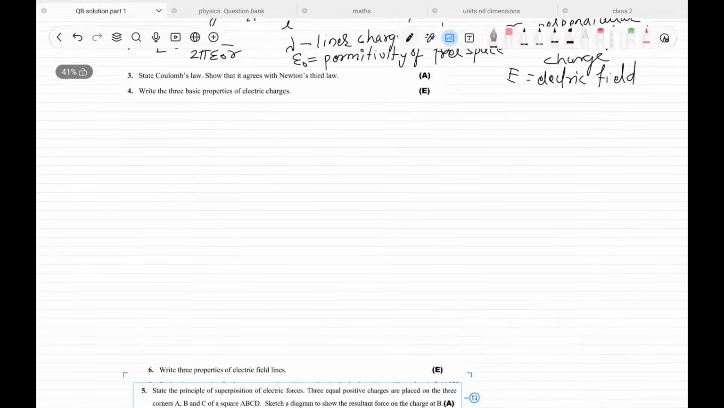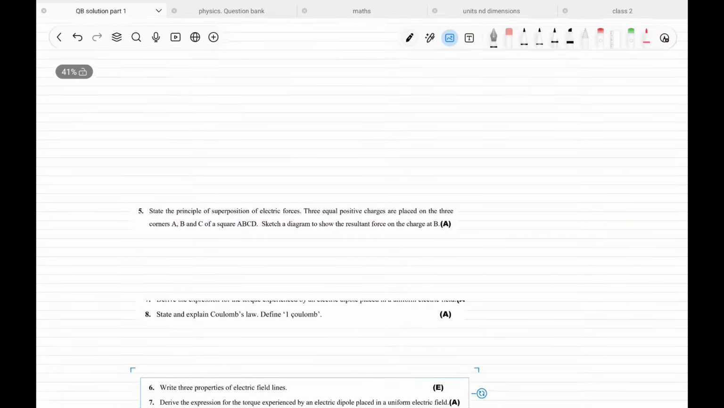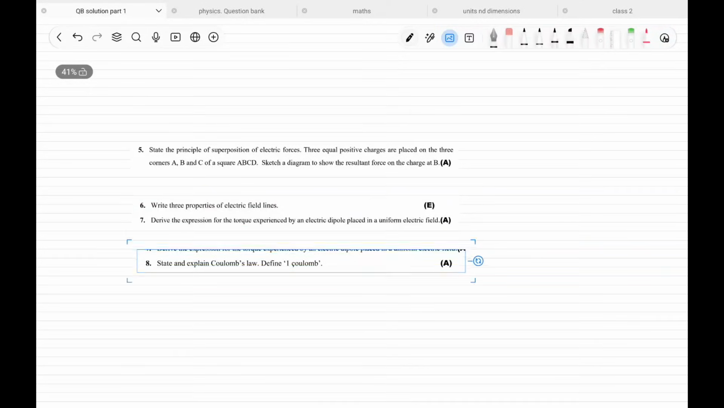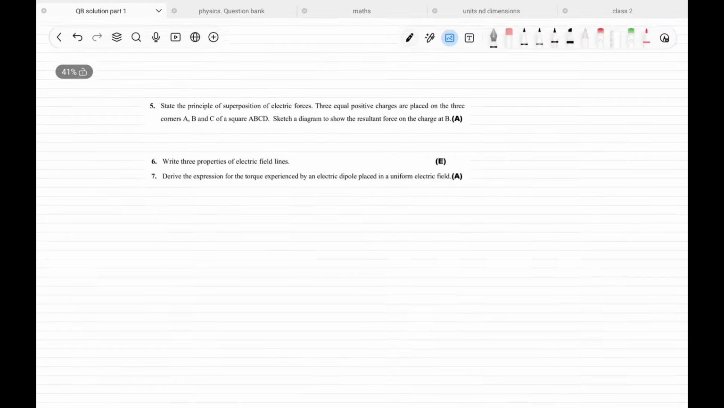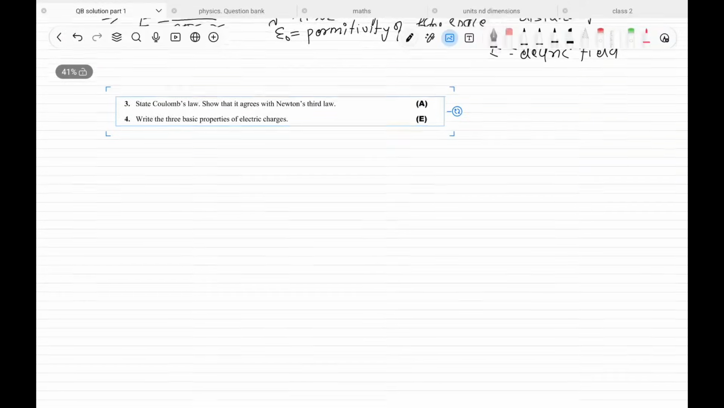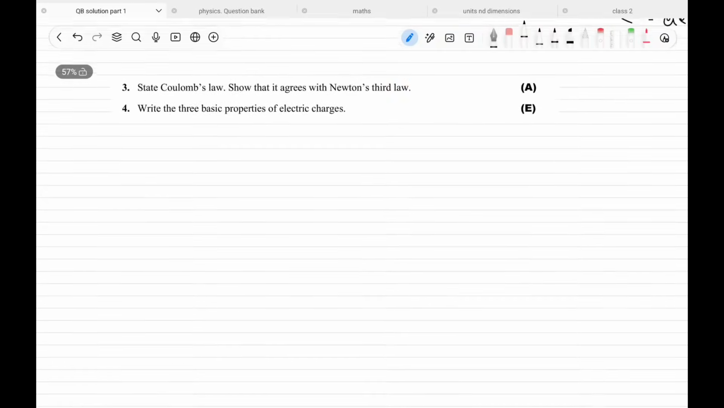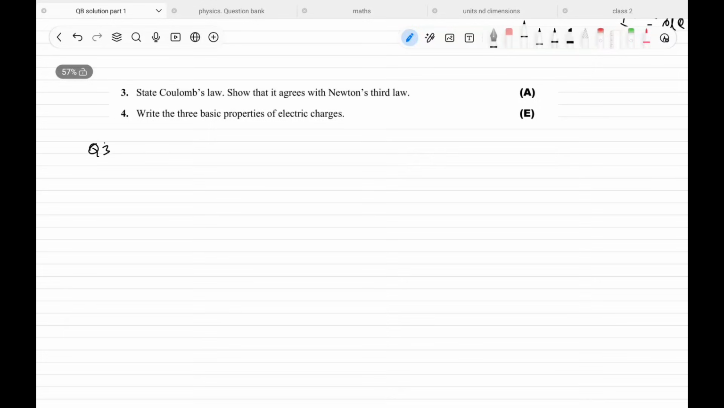Now the next question. In the next question, it is asked, state Coulomb's law and show that it agrees with Newton's third law. Question number 3. State Coulomb's law. Coulomb's law states that